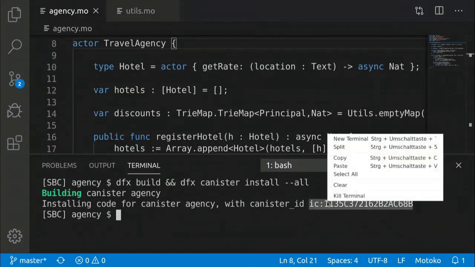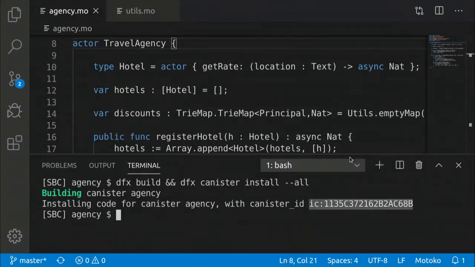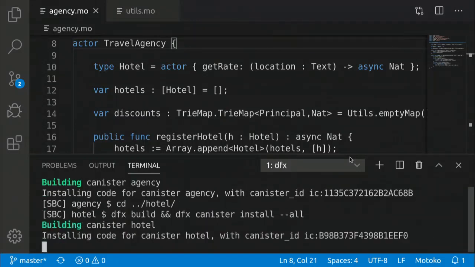And this is now the address of this service. And in order to test the agency, I also need some hotels. So like a good TV chef, I've prepared something. So here's a very small hotel, which basically always says the price is 100. And I can build and install that. And now I can